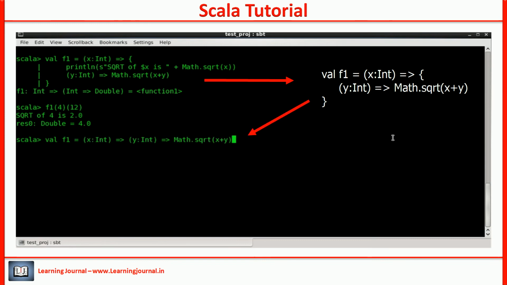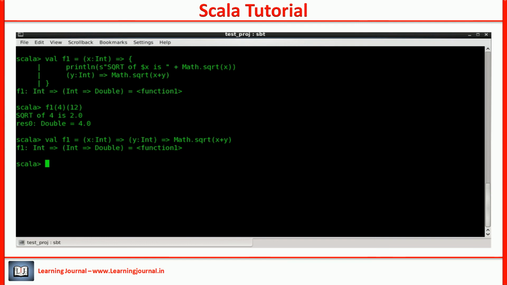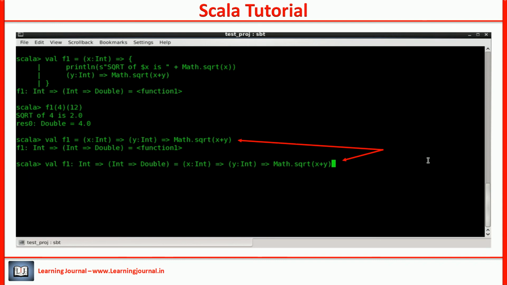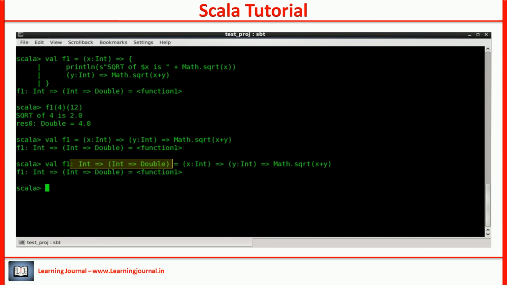This simplified format is quite complex to understand. I often see people not able to follow the syntax for higher order functions. Sometimes people make it more complicated by specifying the type annotation. Look at this one. Both of these functions are the same. But this code spins my head among so many right arrows. In fact, this part is redundant because Scala will infer the return type automatically. We don't need to keep it here.